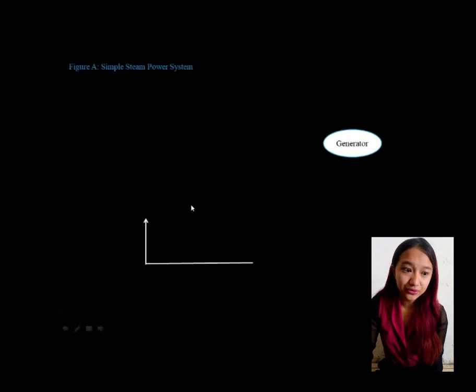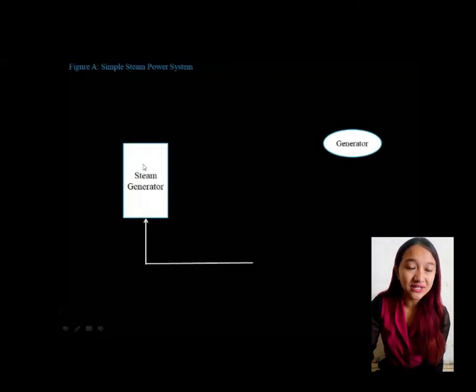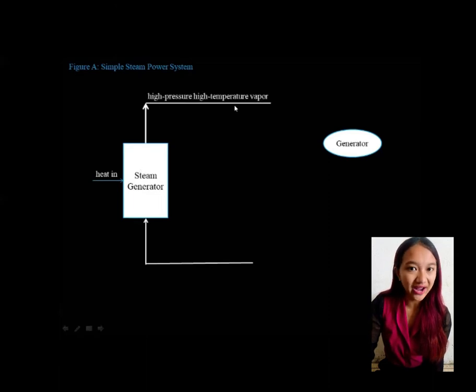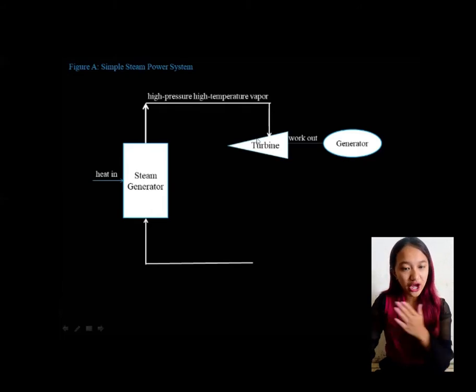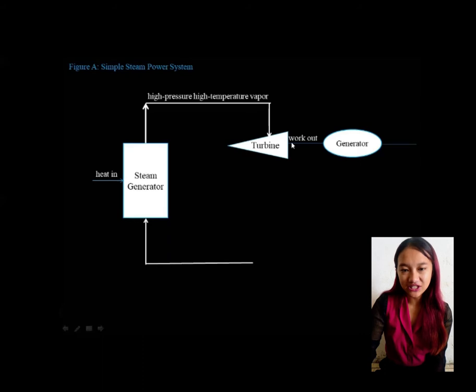In this figure, the water enters the steam generator. As the water receives thermal energy from the heat source, it becomes steam at high pressure and high temperature. The steam then goes into the turbine, converting the thermal energy into work output, and finally, it generates